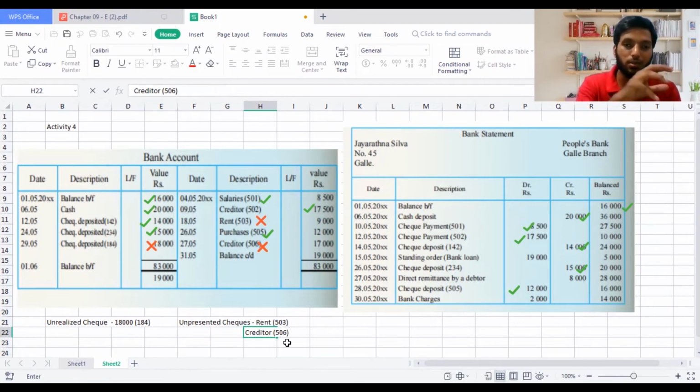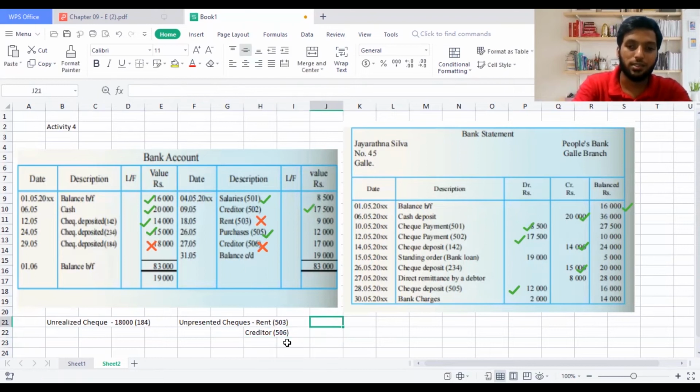So now these values, which are compared from my bank account with the bank statement, go to where, guys? Under this, comes under where? Bank reconciliation statement. Now for your understanding, guys, first of all, give the values. Then you can do the sum easily. Okay, now we found the values. Now I'm going to compare my bank statement with the bank account. When I compare my bank statement with the bank account, what are the values I'm going to get? I think most of them are ticked, so it's going to be unticked. So I'm going to compare my credit side, I mean debit side, with the credit side.